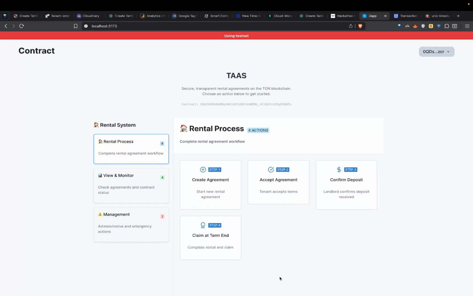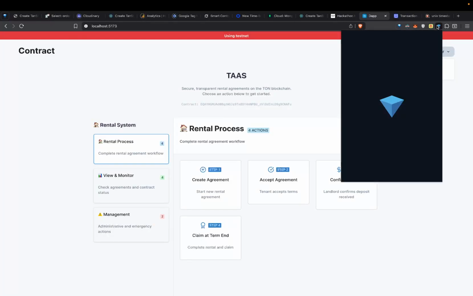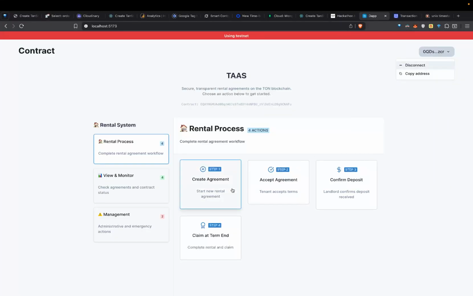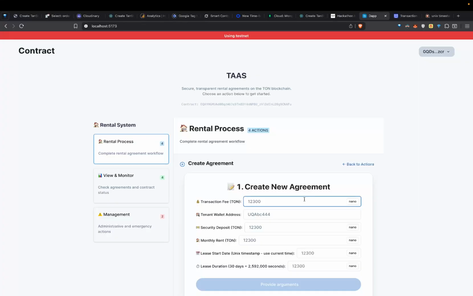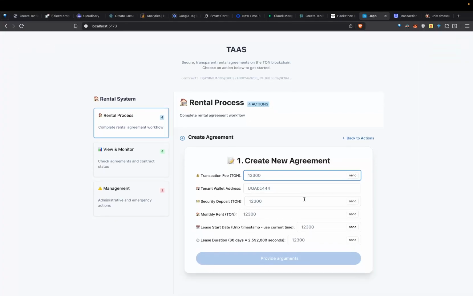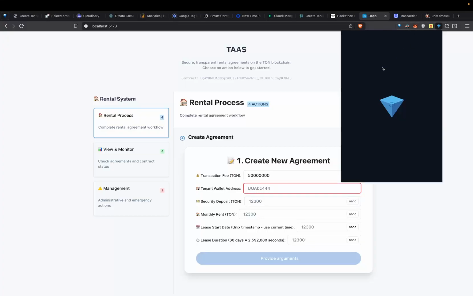Let me connect my wallet. Okay, and let me demo by creating a new agreement. So suppose the transaction fees and the tenant wallet address is, let's say, this.